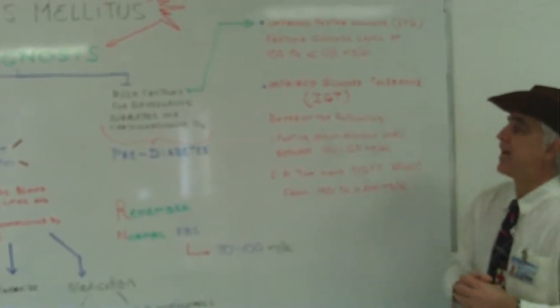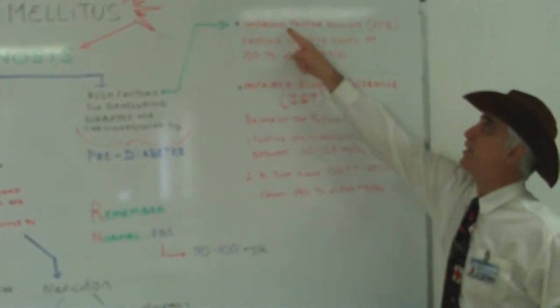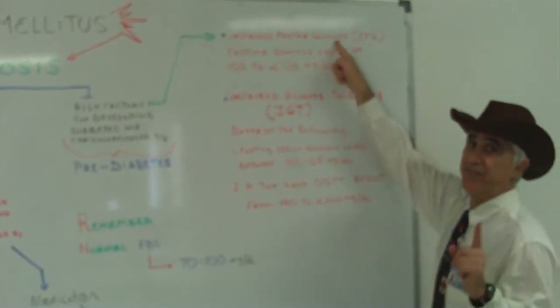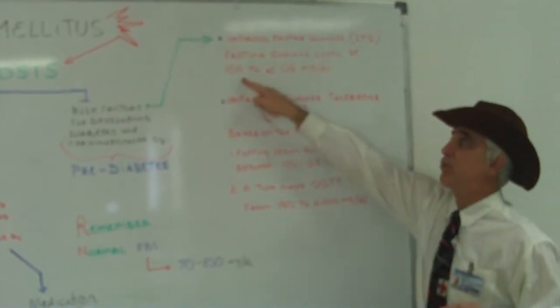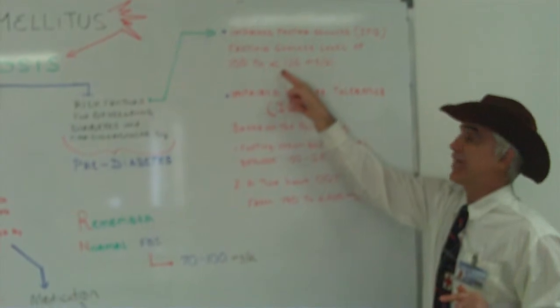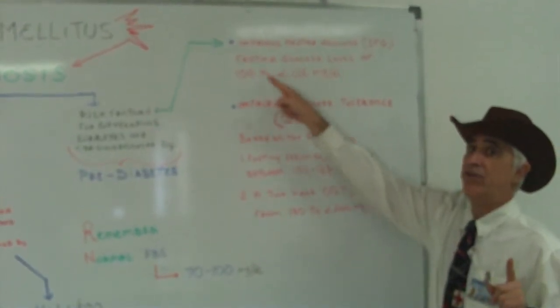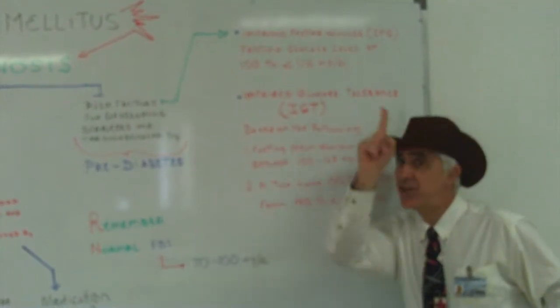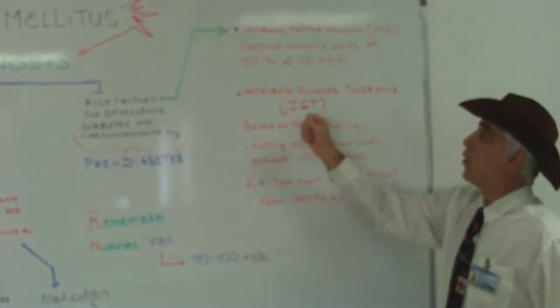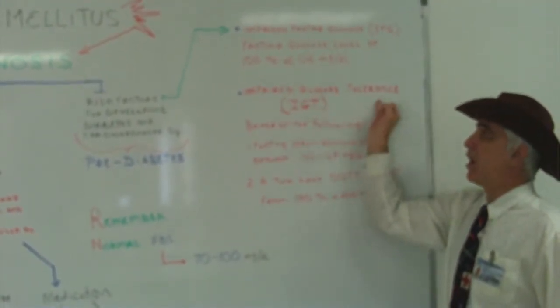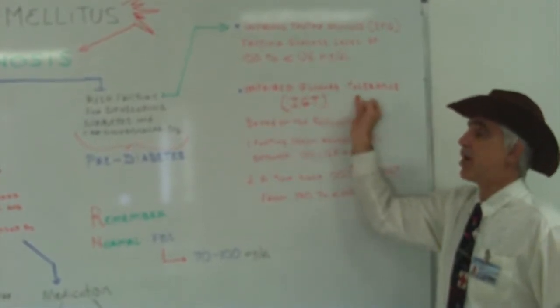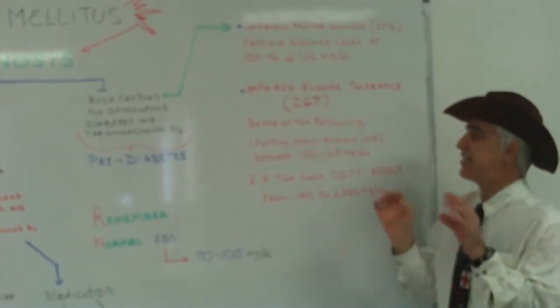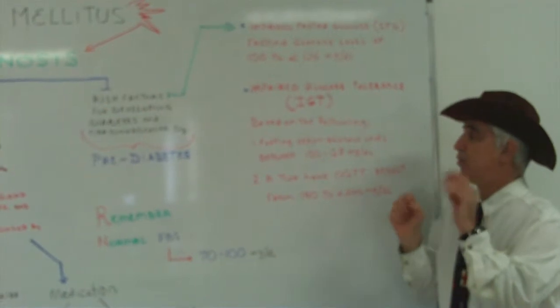In our pre-diabetes concern, we have impaired fasting glucose, which would be a number 100 to less than 126. They are not normal, but they're not a diabetic either. Or impaired glucose tolerance. And that's based on a test, which we'll discuss a little bit later, the oral